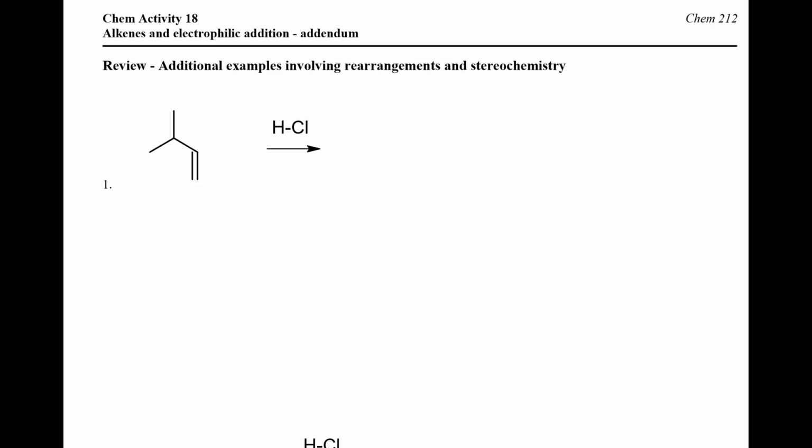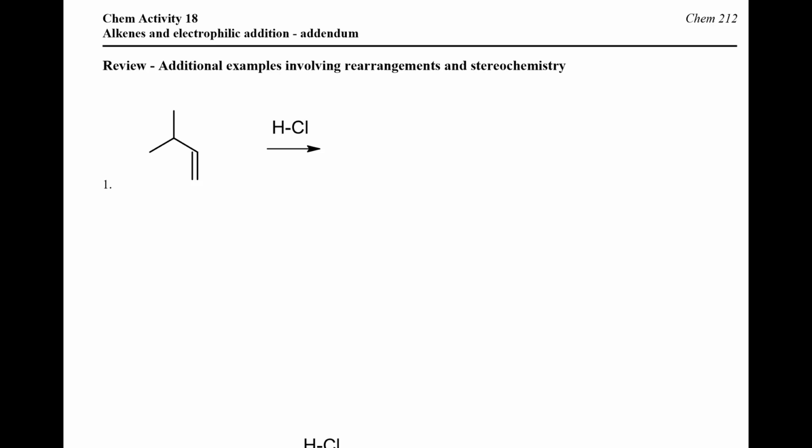In this short video, we're going to look at a number of examples that involve electrophilic addition to alkenes, in particular those that involve rearrangements. In this first example, you can see that we have an alkene and it's an addition of HCl, so it's a hydrohalogenation. The things that we're going to say here also apply to other electrophilic addition reactions that involve a